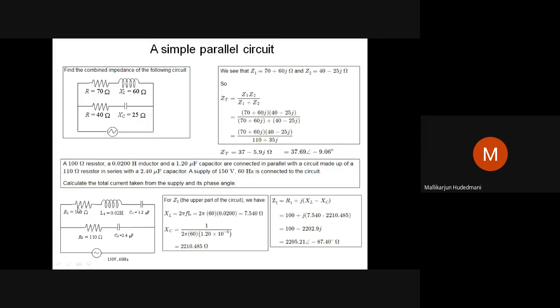You may need to calculate Z total. You may need to calculate I1, I2. Instead of I total, what may be asked? What is I1 here? I1 is V divided by Z1. What is I2? V divided by Z2. What is I1 plus I2? I can do it the other way also. So that is the work under parallel circuits. Finding the current through a branch, the second branch, and the division of current, or the power absorbed by branch 1 and branch 2, are the work we need to do in the parallel circuit approach.